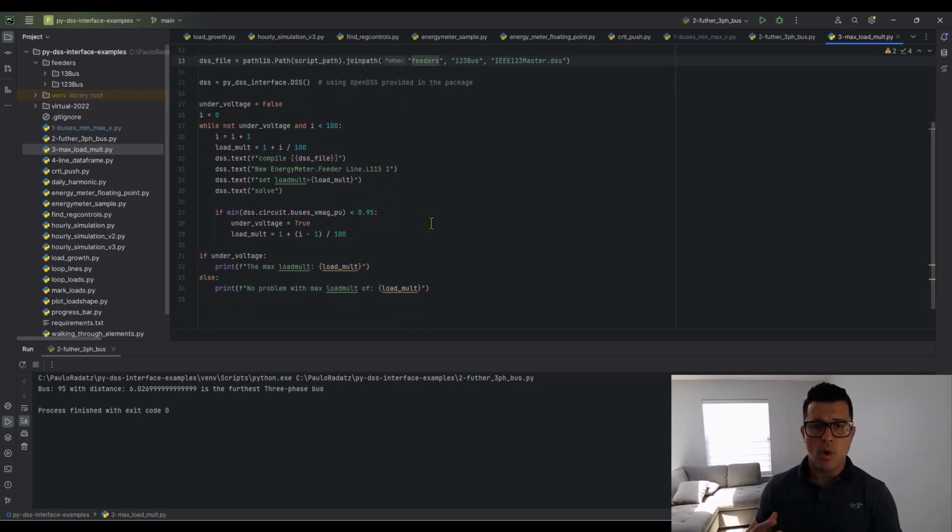see what is the percentage of the current load size that would make my system experience under voltage. Pretty much I'm asking what's the hosting capacity for the system based on under voltage. But here I'm increasing the size of all loads at the same time. That's the exercise. So I have my system in a loop, and then I change the size of the loads. And then when I run this code,